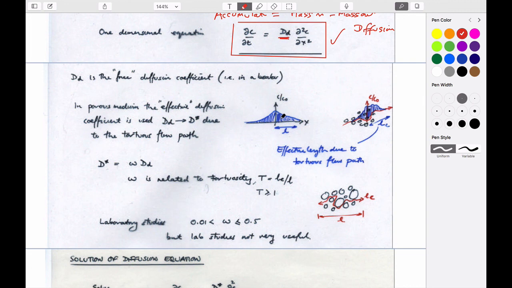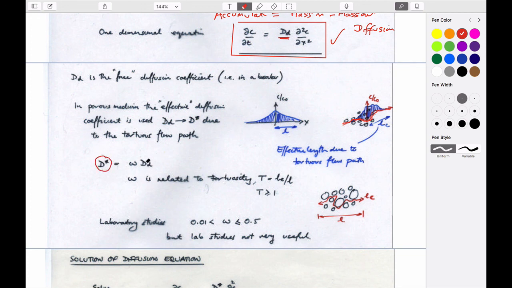It has to go within the pore space that is open between grains. You can imagine that the profile has to weave between the grains as it spreads out, and the Gaussian distribution gets corrupted by the fact that it has to go through this constricted pore space. And so what we could do is use an effective diffusion coefficient, which we'll call D star,